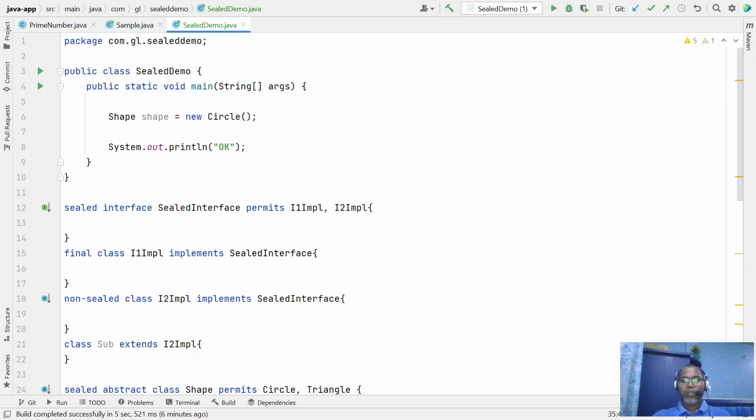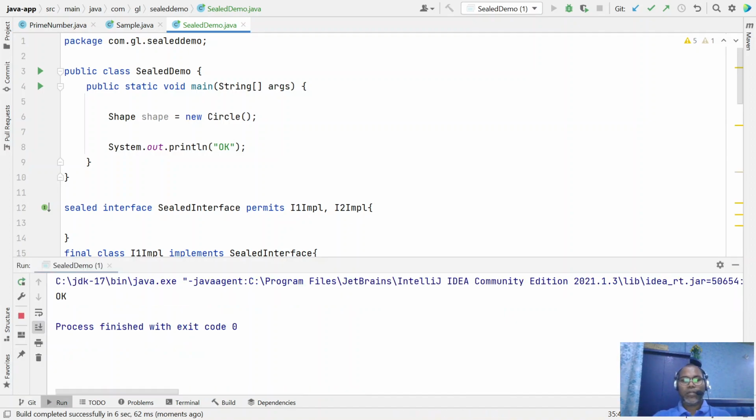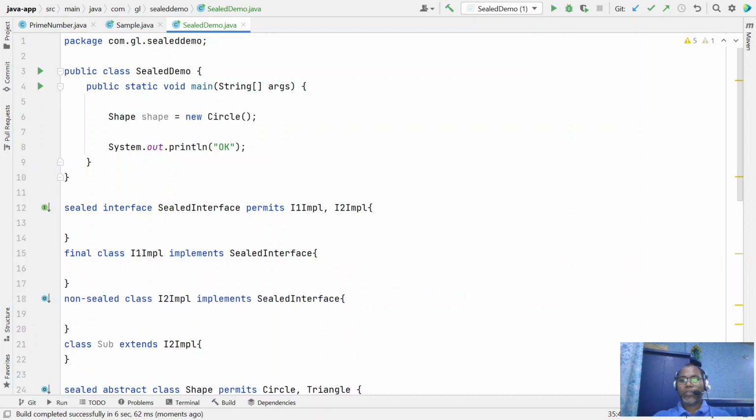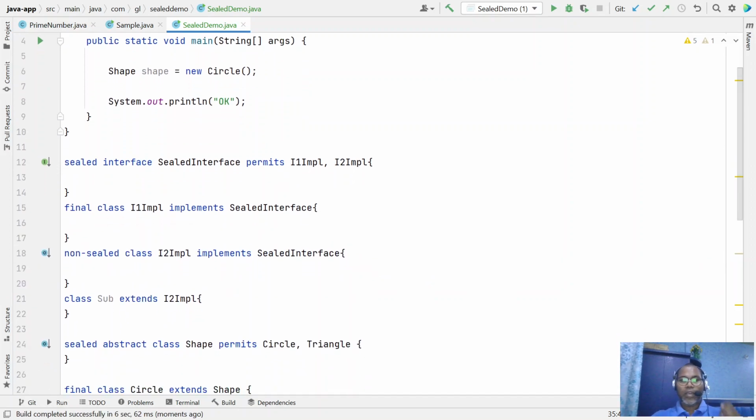Okay, so that is the way you can make a sealed interface or sealed class. So this is the summary. You can mark an interface as sealed, and whenever you are going to implement it, you can also use the permits keyword. This interface can only be directly implemented by implementation 1 and implementation 2. Only those two classes can implement it, but